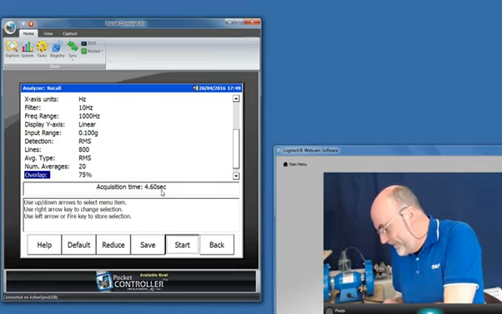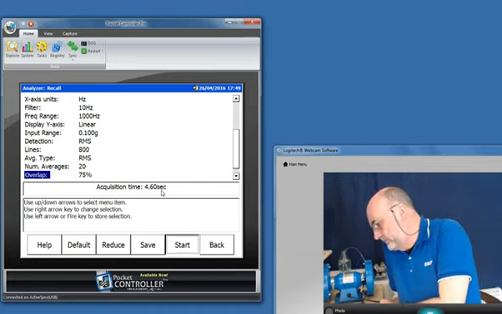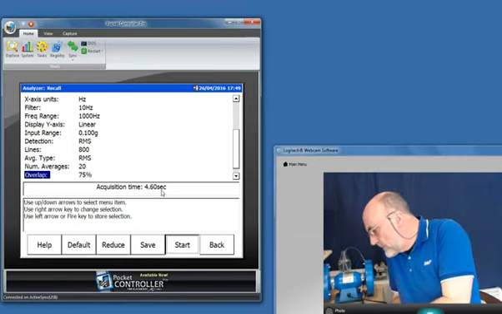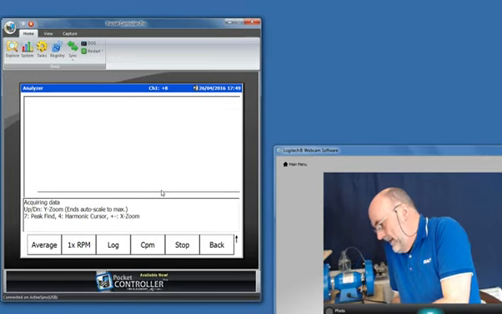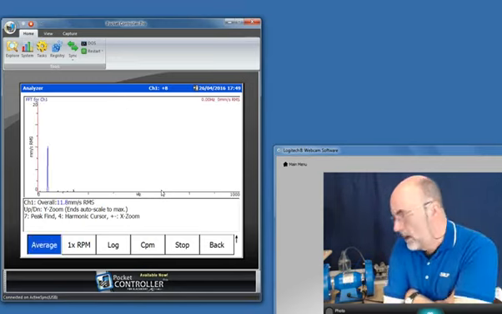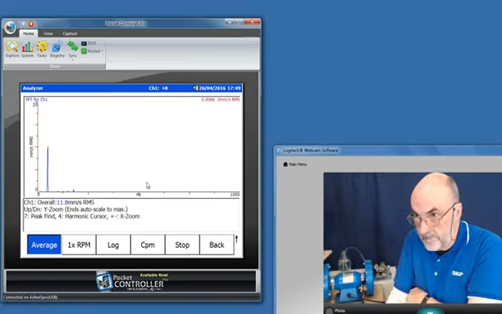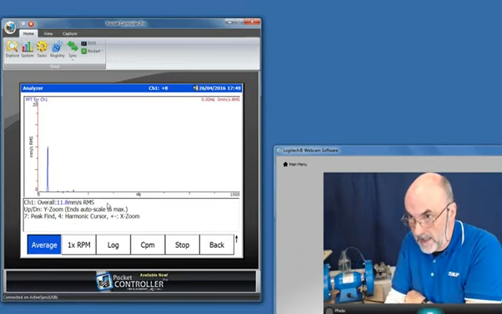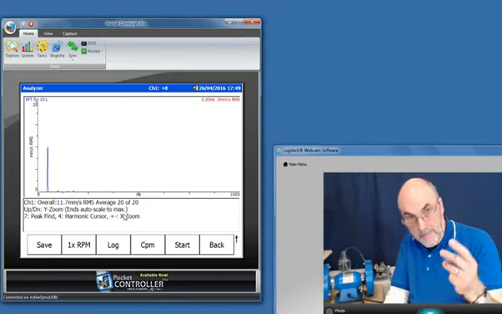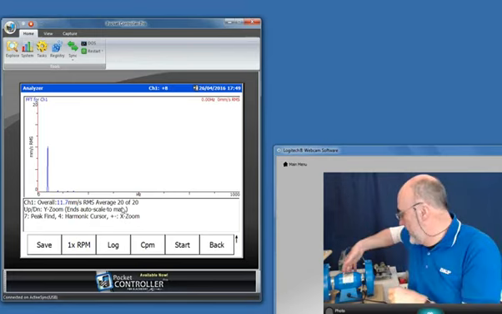So I press start. Switch on my average. Measure the length of time. Should take about 4 seconds. Done. So it's taken 4 seconds instead of 16 seconds.